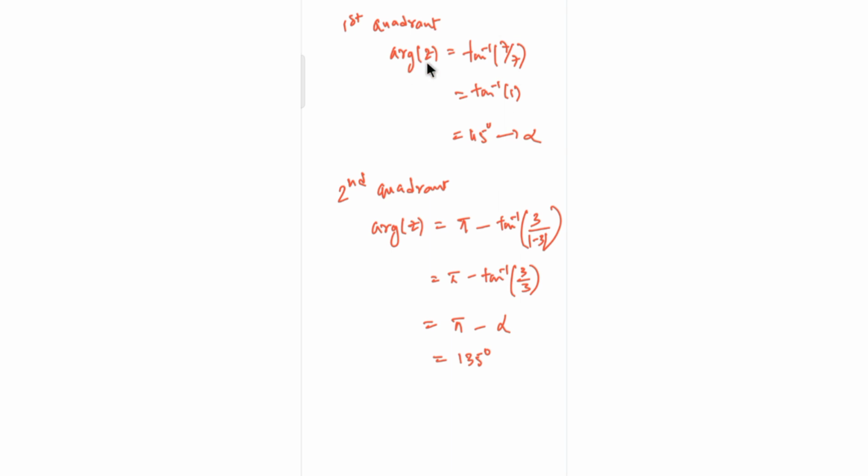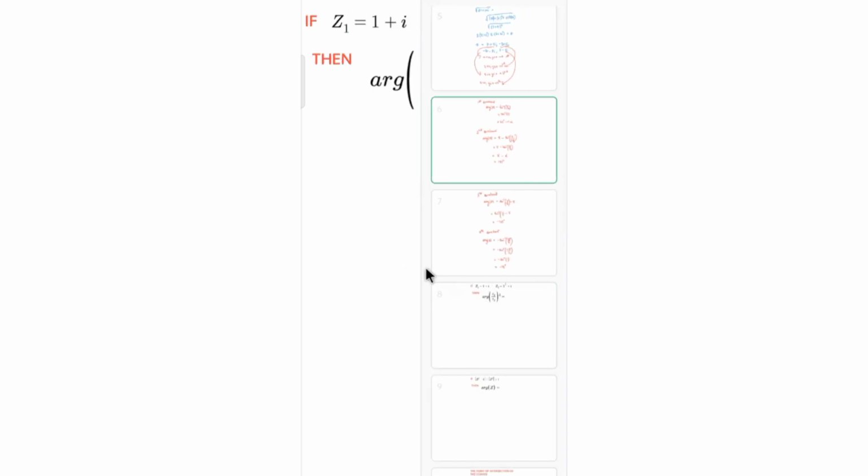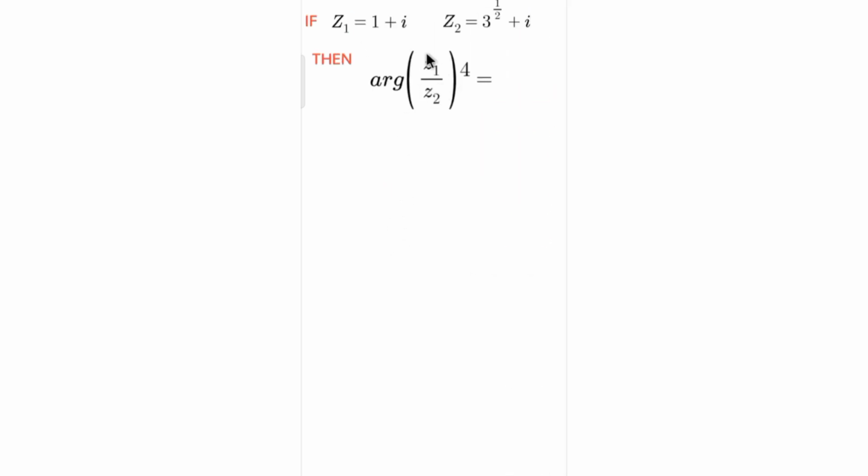So these are the various values of argument of z. This is how you find the principal value of argument of z. And coming to this question, this is another question. All these questions vary from basic to medium level. The advanced, tough level questions I am not dealing with in this video. I am just explaining the importance of argument with these problems.